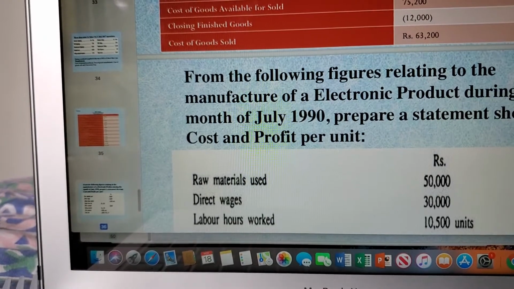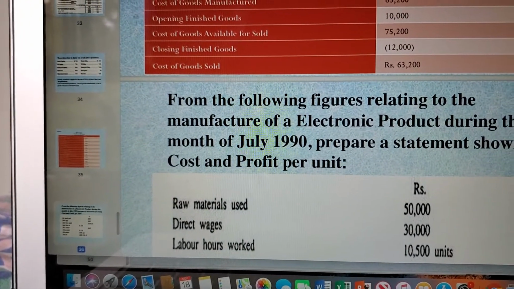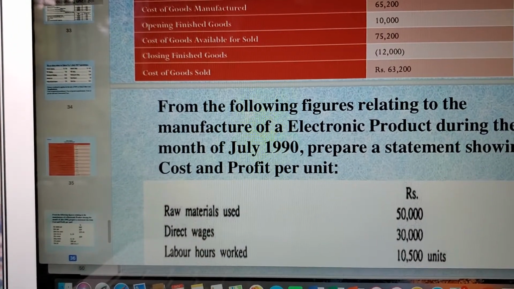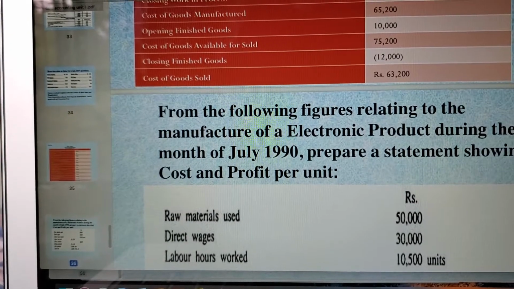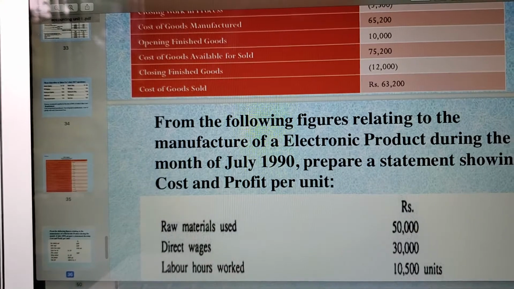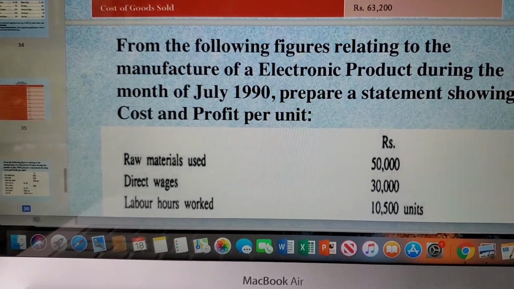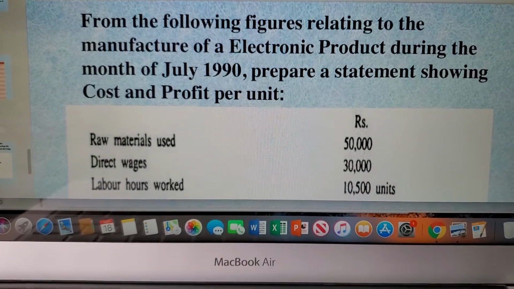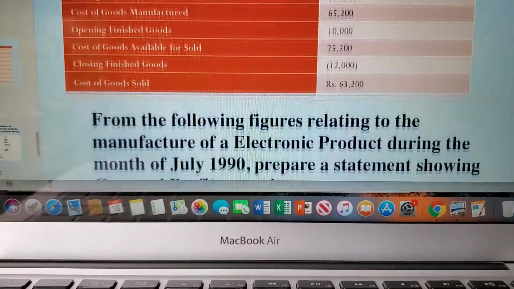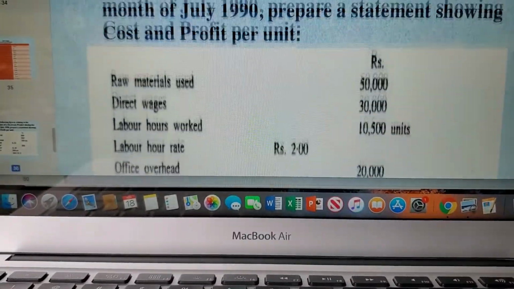Opening finished goods 10,000. Cost of goods available for sale 75,200. Closing finished goods 12,000. Cost of goods sold rupees 63,200. So what they've done is, so that is the Zacher company's cost sheet. Now we go to